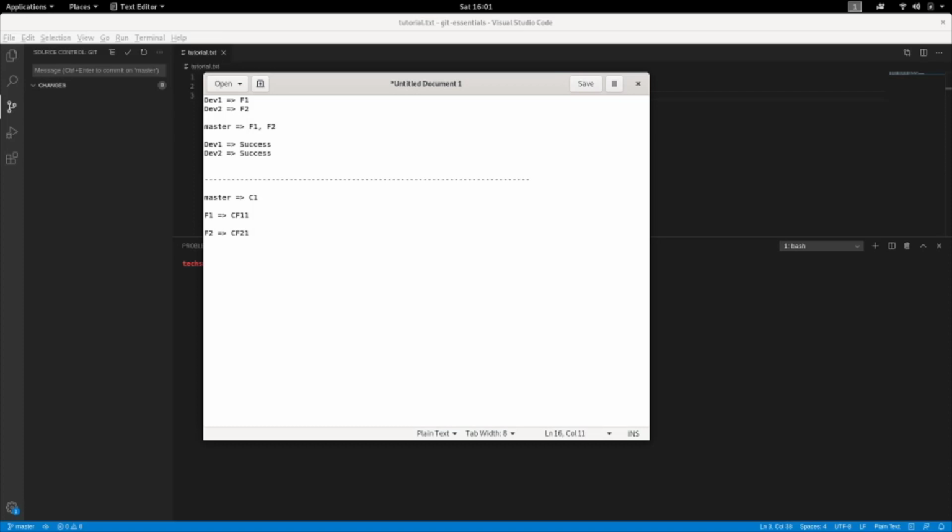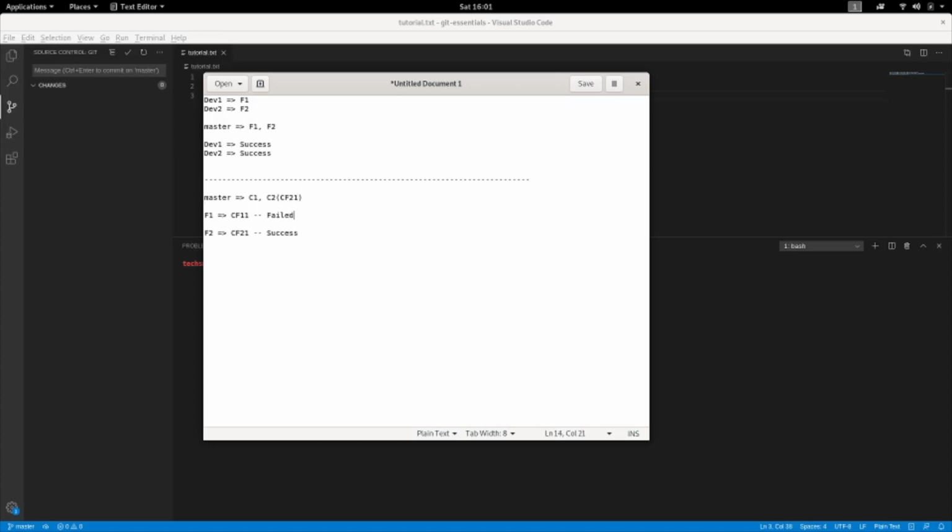This change is also done based on the master branch, that is commit 1 of master, and if feature 1 somehow failed, so that's not pushed into the master, and this is a success. So I pushed that into this branch, so I got a new commit. Now I got C2 here. This C2 will have the F2 feature, that is CF21.